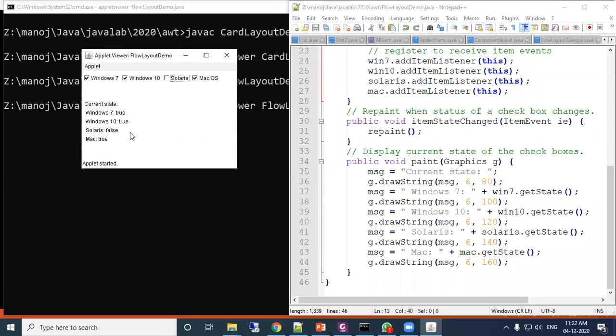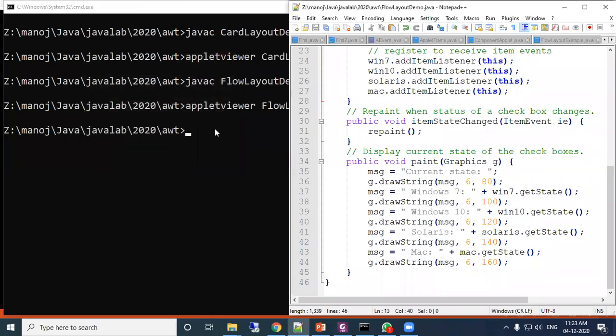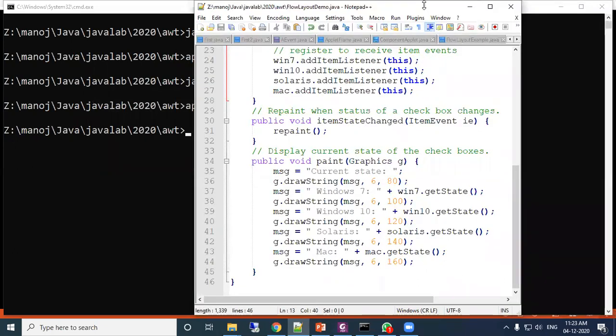So this is a simple example of an event driven program in the applet, where we have used checkboxes, and these are the messages shown on the screen using the drawString method. It is a sample event driven program in the applet, where we have shown four checkbox options and four texts.